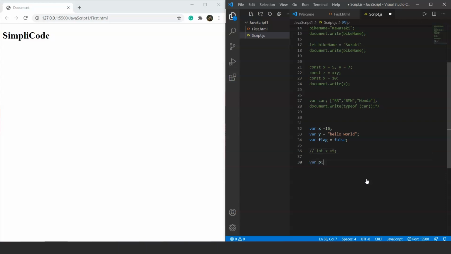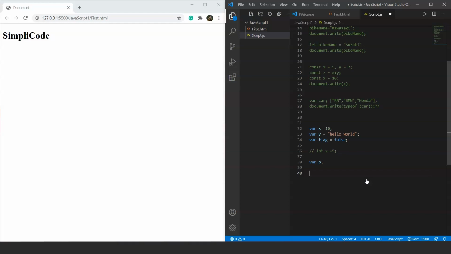We'll define a variable p and we'll leave it as it is. So this variable p has an undefined data type. It means that any variable which is already declared but has no value inside it has an undefined data type. I'll tell you a basic operator, the typeof operator. We'll go through the operators in later videos, but just try to understand the basic need and use it with me. For now, this operator will help you know the type of value a variable is holding.